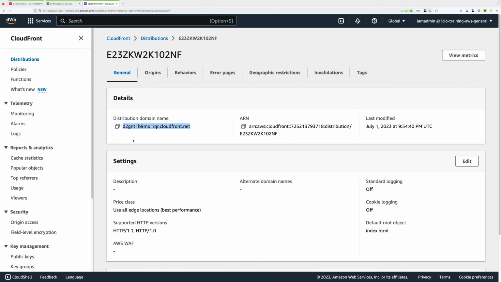Go ahead and click on the icon next to it to copy this into your clipboard and note this down somewhere safe. This is the web app URL. You're going to need this later on in the demo series. Now at this point, that's everything that I wanted you to complete in this stage of the demo series. So go ahead and complete this video. When you're ready, you can go ahead and start the next stage of this demo series.